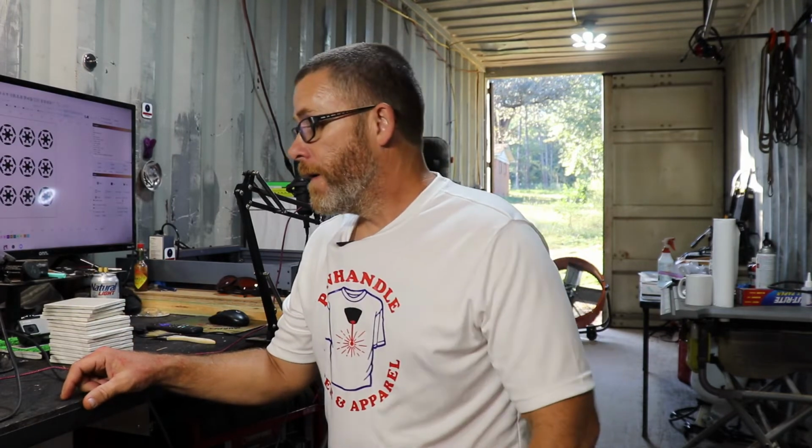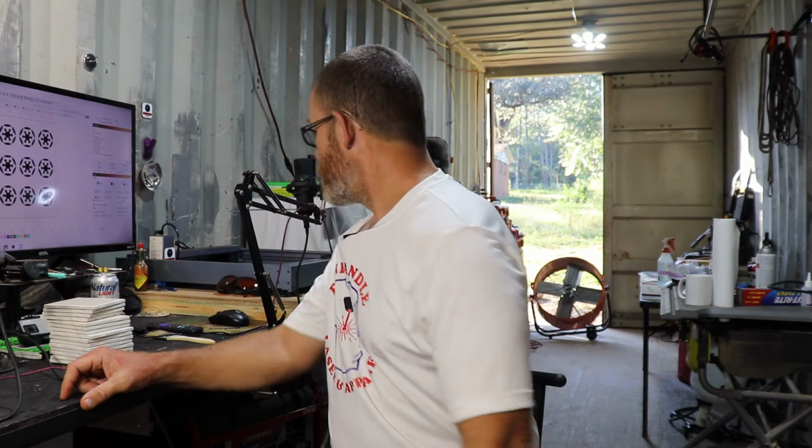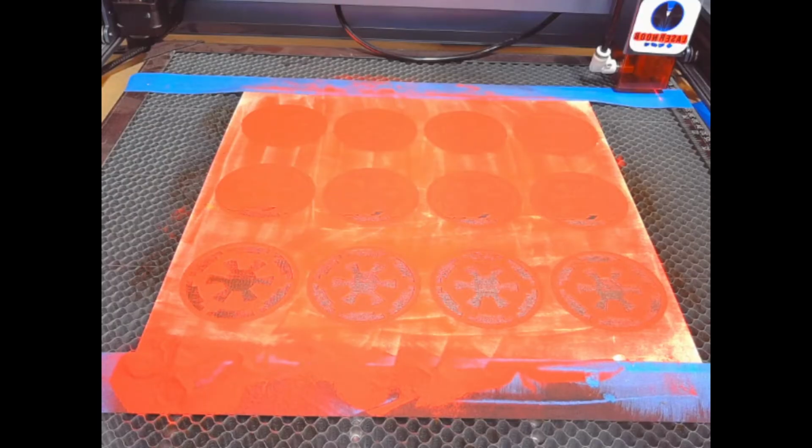The bottom row looks okay. The middle row, it got off center. Like I said, it hit the laser when I was putting some tiles on there to hold it down. This one's pissing me off. All right, so